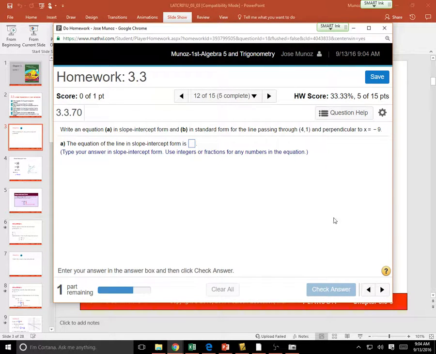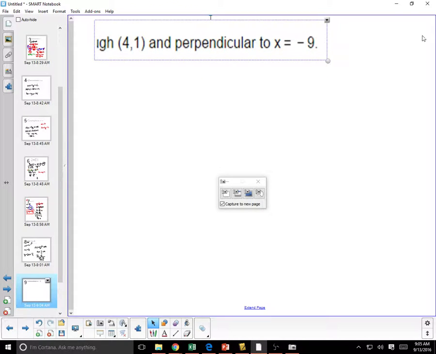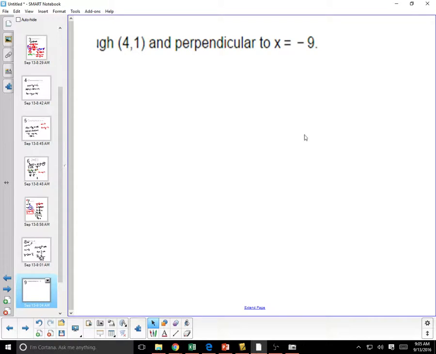Oh, what is that? Write an equation in slope-intercept form and in standard form for the line passing through. Okay, let me grab that information. Snapshot. It's so small. I'm going to have to do my math lab with a magnifying glass. Okay, so